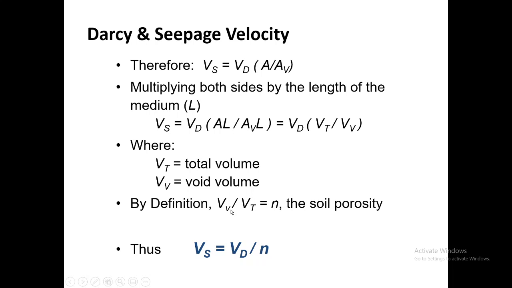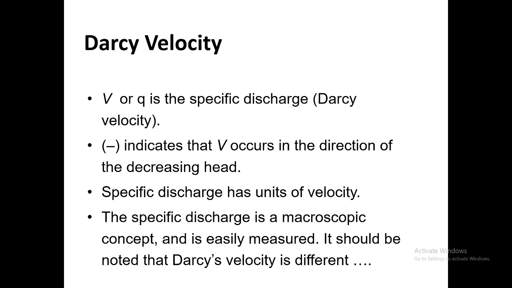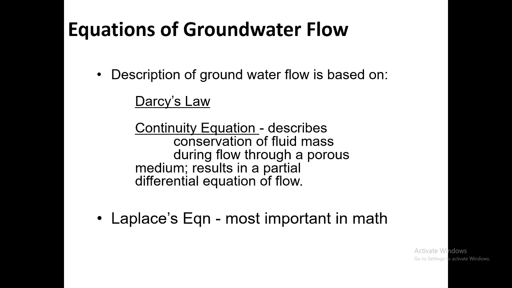So I think this is quite simple. You can derive it by yourself. So q is the specific discharge, and the Darcy velocity. I talked about it earlier, that this discharge is actually the velocity. So it indicates that q occurs in the direction of the decreasing head. Specific discharge has units of velocity. So all these things will be used in this, and